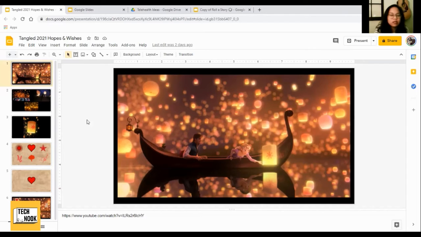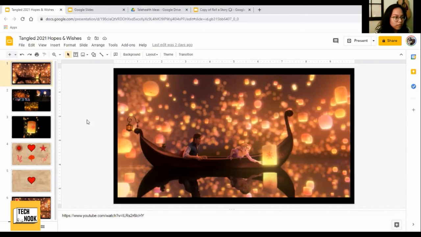All right, so another session idea I want to share with you guys is based off of Disney's Tangled. So with the new year happening, I was reminded of the scene in Tangled where they sing "I See the Lights" and they float up lanterns into the sky.